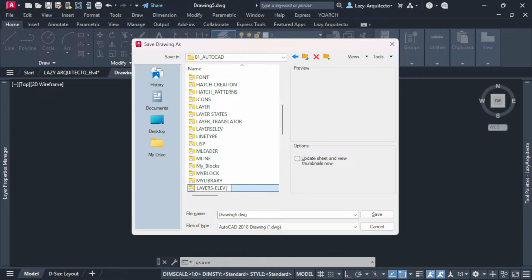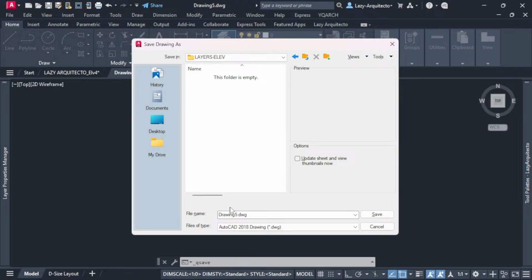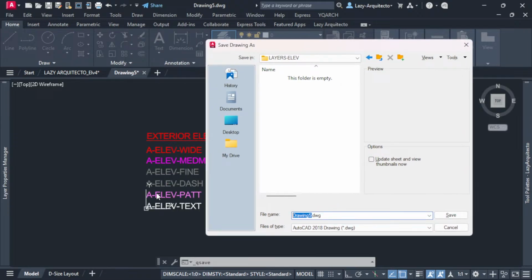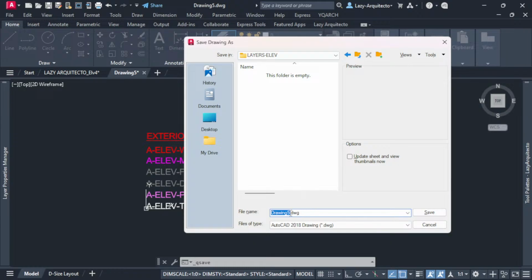Let me say layers and elevation. So I'm gonna open that up and I'm gonna name my drawing. This is very important because we're gonna insert this with a one-click command into any drawing that we receive or that we are working on. So I'm gonna call this file layers dash